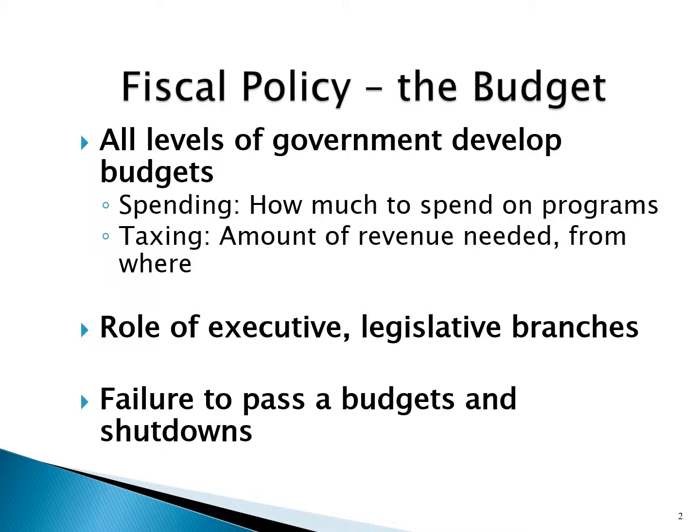What is a budget? Well, some scholars will argue that a budget is a manifestation of the size and role of government. Why do they see it that way? Well, the 2 components, spending and taxing. Remember, for a government to do anything, it needs money to do such, and as such, it will tax the citizens for that money. All levels of government need to develop a budget for the coming fiscal year, and as such, the executive and the legislative branches are highly involved in this process.